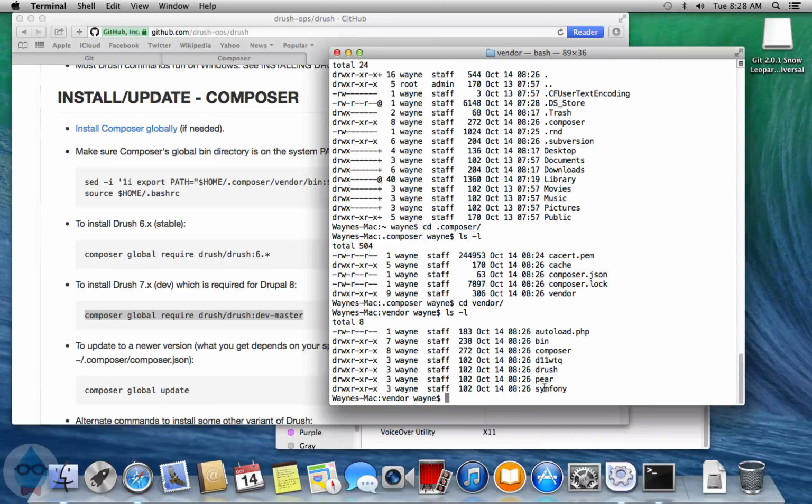And so in order to be able to use it normally, we need to make it available again in some sort of global system path. And the best way to do it here is not to move it, because it needs to be in the same location as these other dependencies. But what we can do is create an alias, a symbolic link from one of our global system paths to the actual location where Drush is installed. So the way to do that is with the ln command. So if we do ln -s, that's for a symbolic link, which is the type of alias kind of link we want. And we want to link